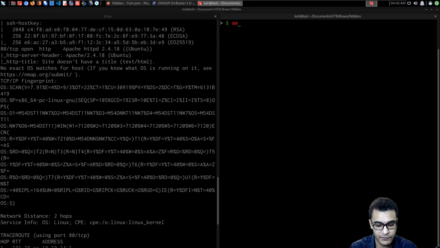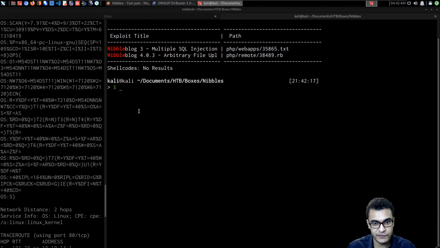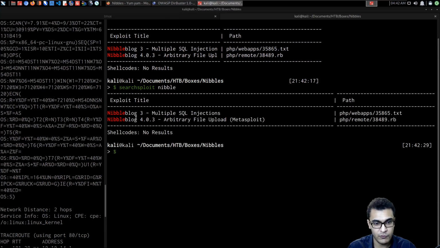So I'll just zoom in here, and we'll say SearchSploit, and we'll just search for nibble. Right, and we can see we have 2 vulnerabilities for NibbleBlog, so it looks like a content management system. So this one right over here, let me just drag this to the side for a second, and let me just run that one more time. We can see